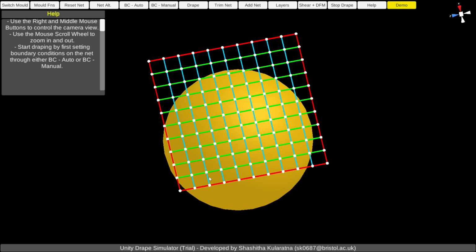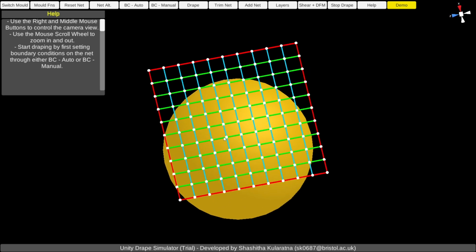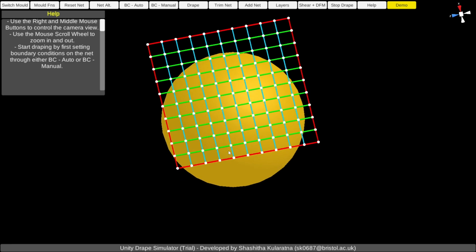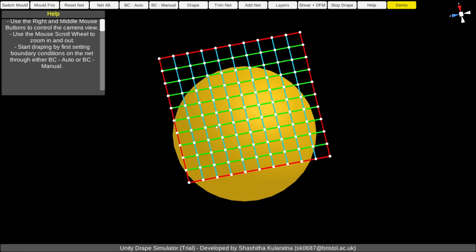So that's the basic concept of the simulation. Now let's move on to the functions that are available. The first function is this help function. You can disable and enable it quite easily by clicking on the help menu item. I advise you keep this on, especially when you're using the software for the first few times. It can be very useful, and most of what I'm saying now is available